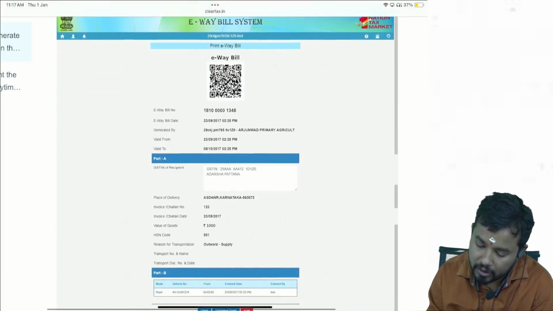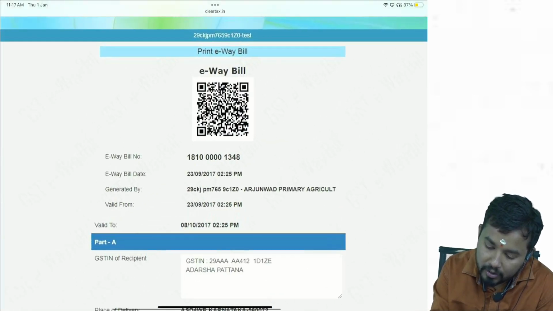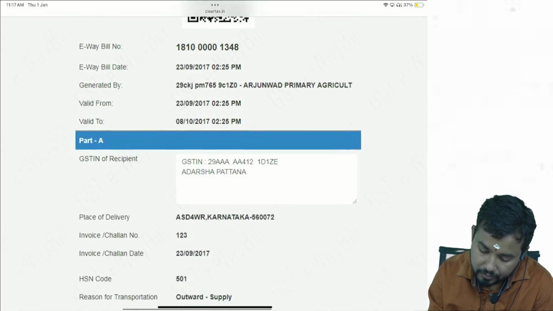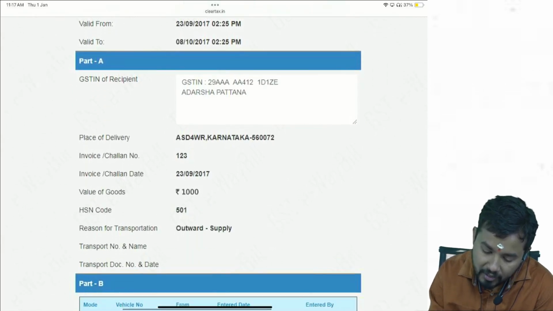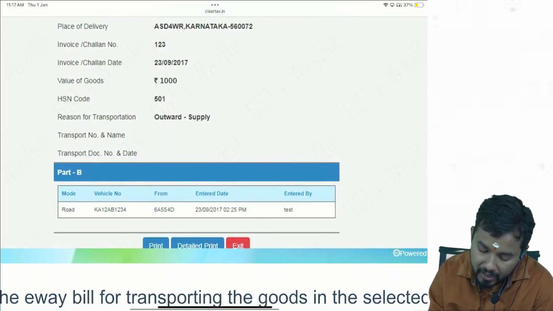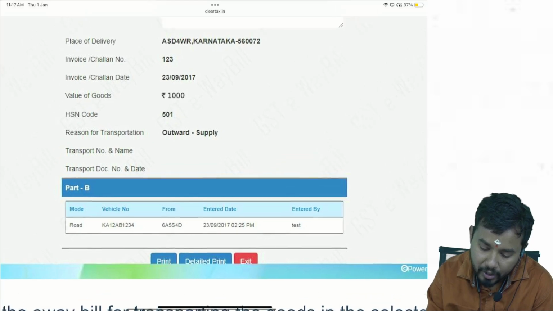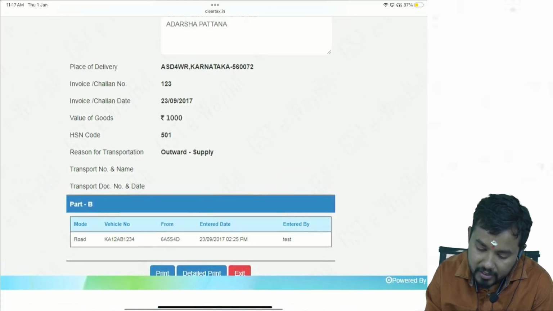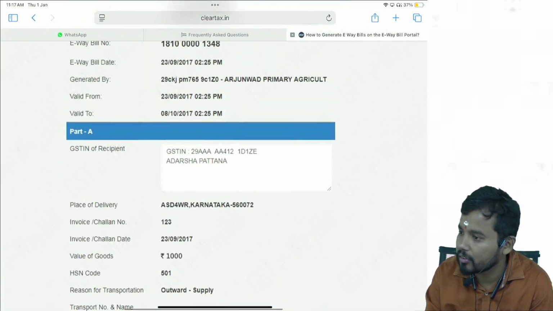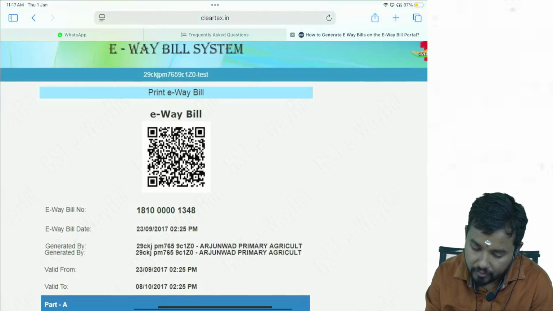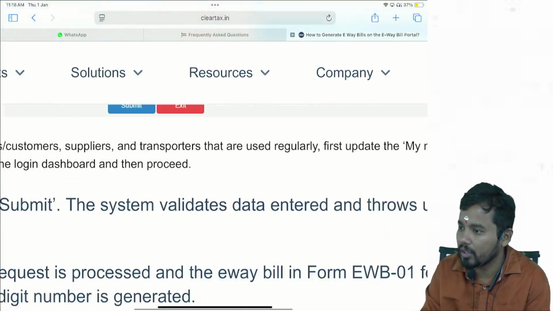This is how the e-way bill will look. See, this is a QR code. GSTN of the recipient, part B, vehicle details. See, vehicle number, road, from, entered, when, where it is going to be. Okay na? This is how it will look like. Just for your clarification, I brought this. Okay,